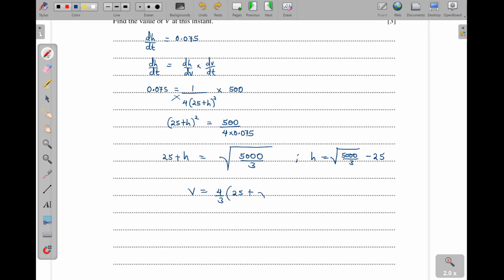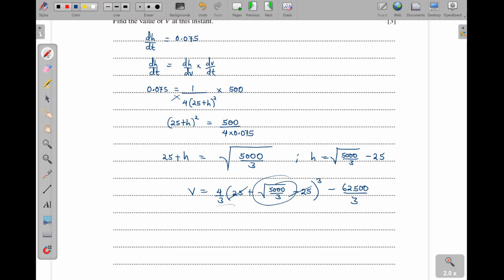So we shall have the square root of 5000 over 3, then minus 25, then there is a cube, then minus 62500 out of 3. Now, of course, this 25 will disappear,